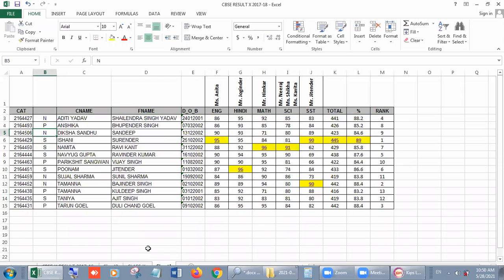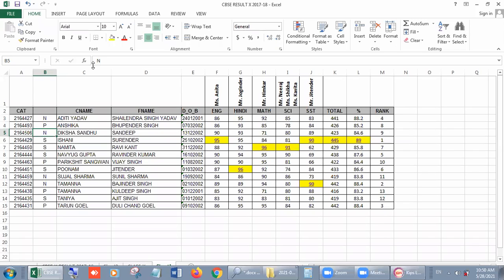Now we have three options. First is N, then P, and then S. These three alphabets we have in our list, and I'm going to filter the data according to the list.